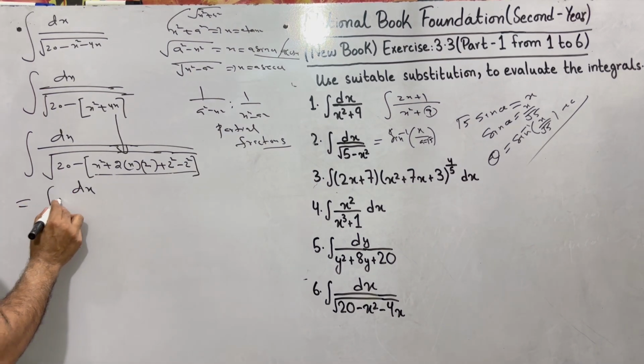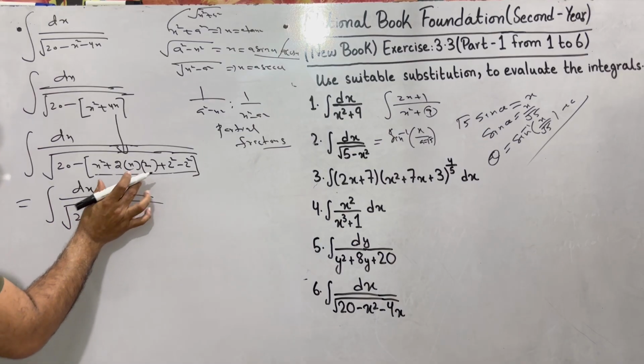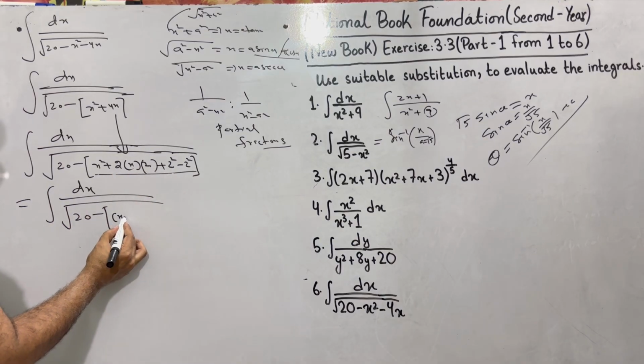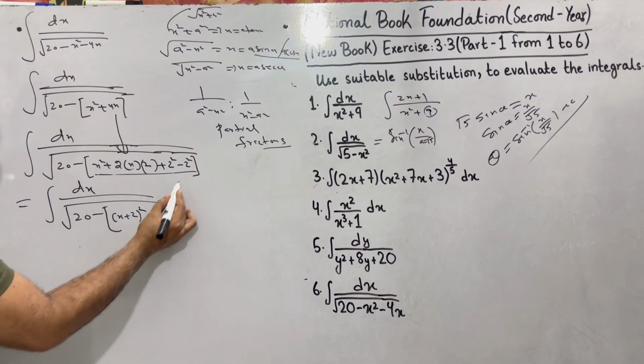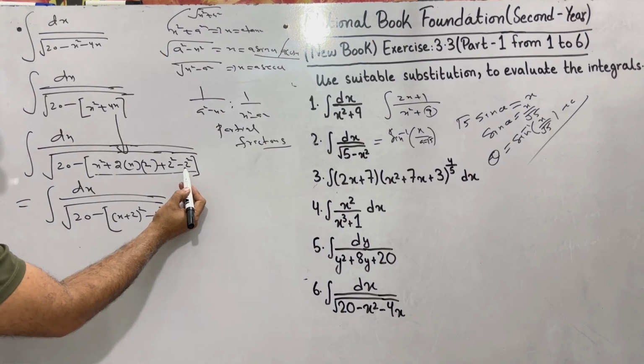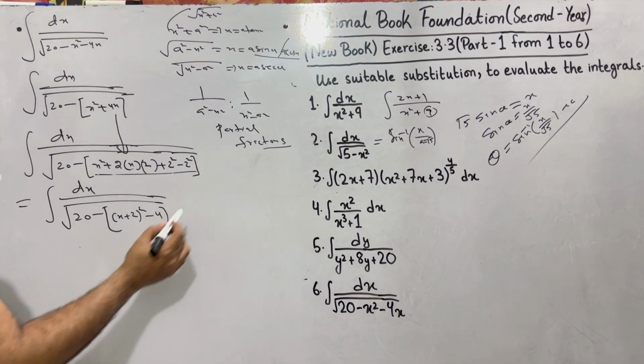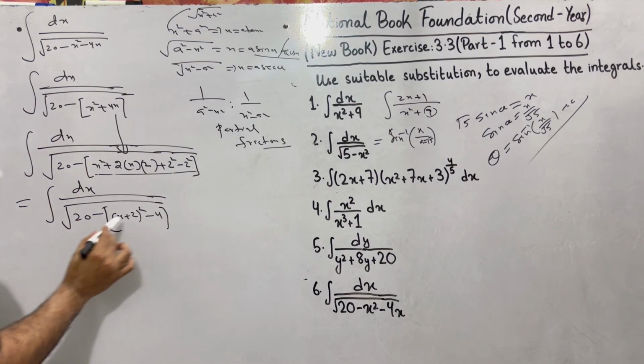dx over 20 minus, its concise form is x plus 2 whole square. Here is minus 2 square, which is equal to 4. Let me repeat again: the square belongs to 2, not to the minus. Just multiply this minus. We have